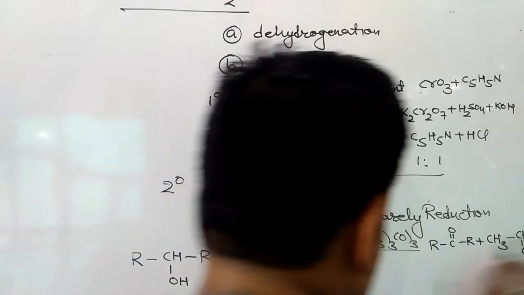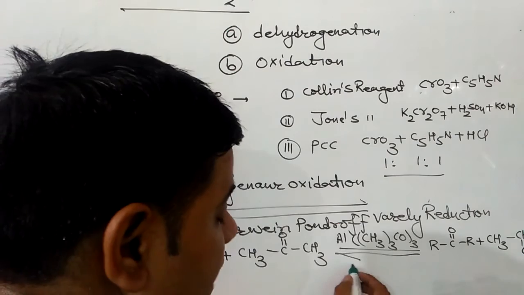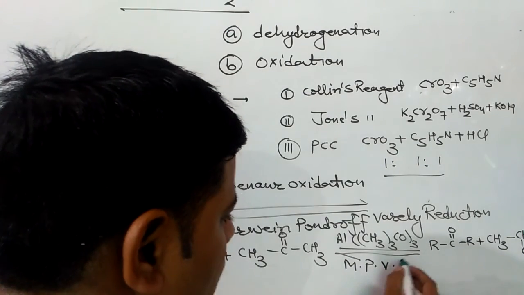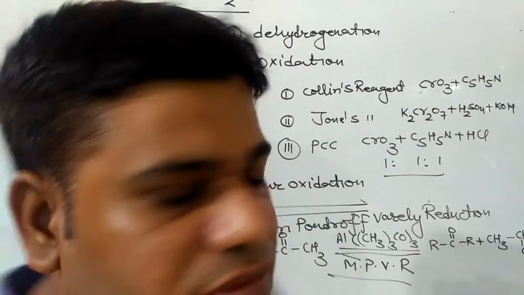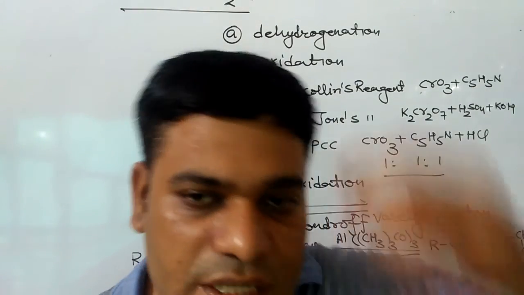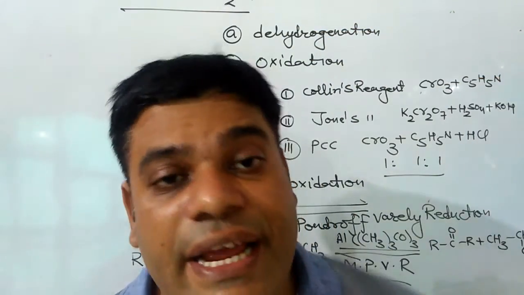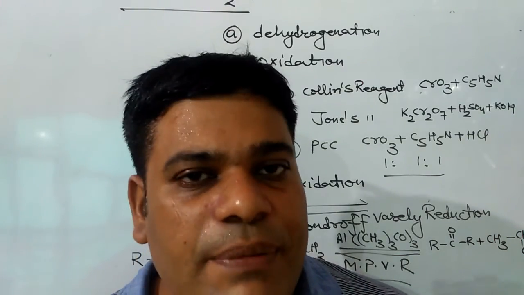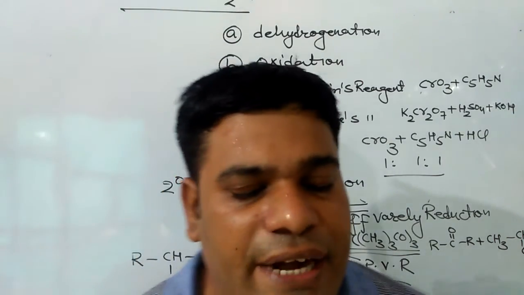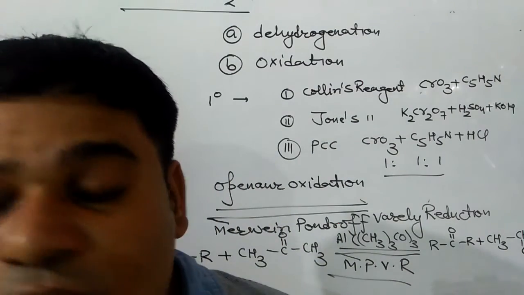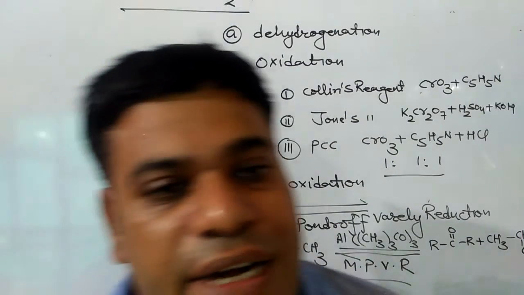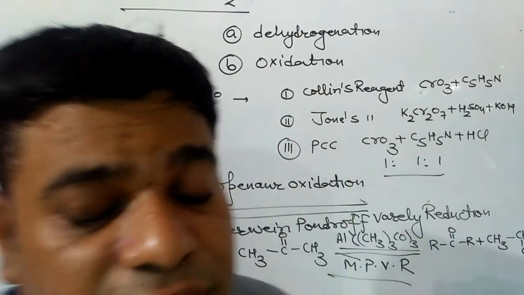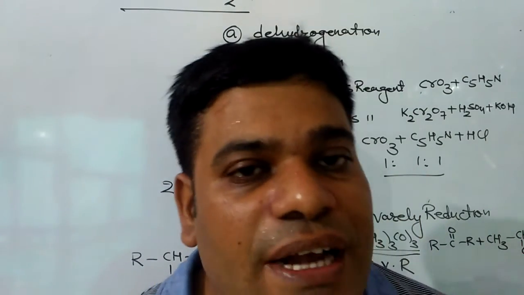This reaction is known as Oppenauer oxidation, and when this reaction is reversed in direction, then it will be Meerwein-Ponndorf-Verley reduction. So this is all about how to convert any alcohol into aldehyde and ketone. Best method will be dehydrogenation. So go for the dehydrogenation. It will give you the aldehyde and ketone in a better yield. But primary alcohol oxidation with PCC, Collins reagent and Jones reagent will also give aldehyde.